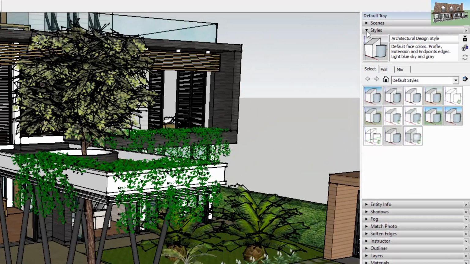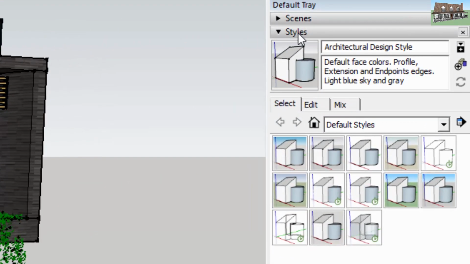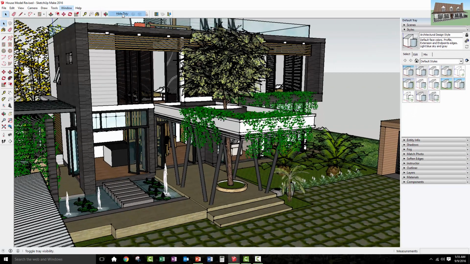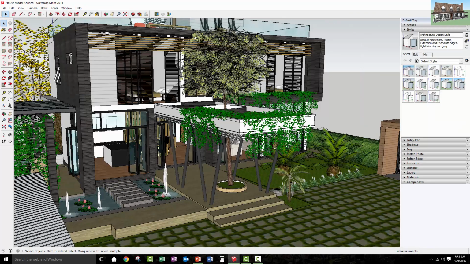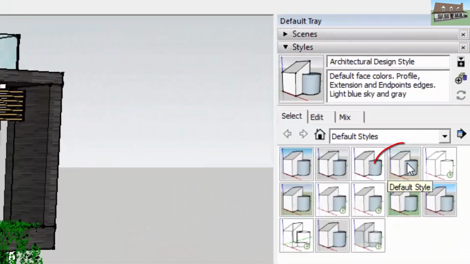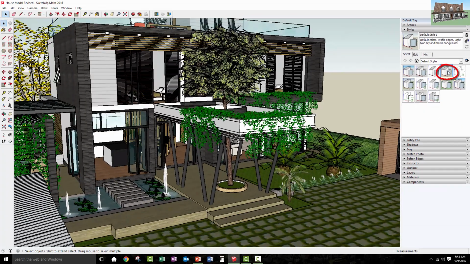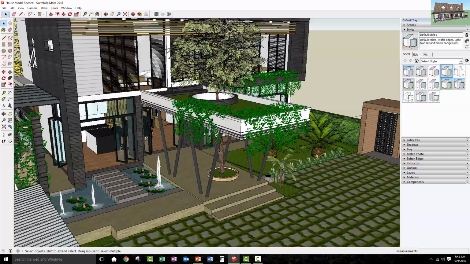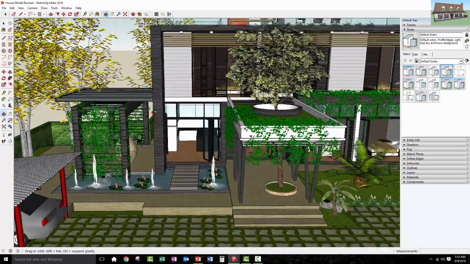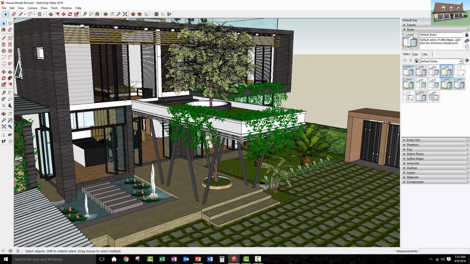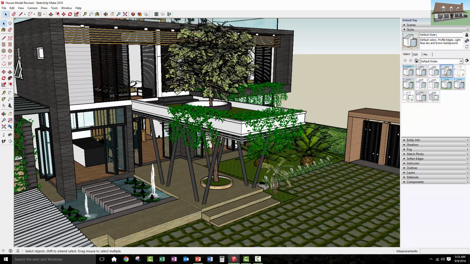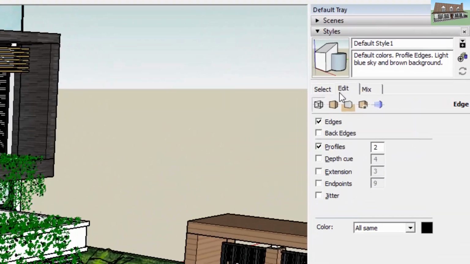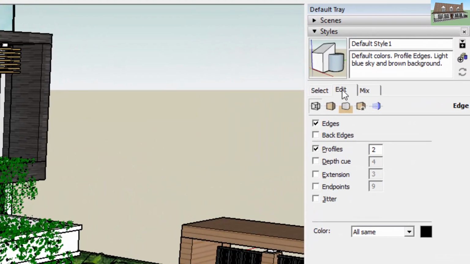So basically what you do is you go in the styles option up here, and that's going to be in your tray as well. If you don't see that, just go to Window, Default Tray, and click Show Tray. Then click Default Style. As you can see, when I click the default style, these points aren't getting rendered thicker anymore, your lines aren't thicker. But to make this even faster, because as I drag this, SketchUp moves your model around, and then when I let up, it'll pause for a second and then render these thicker line weights. If you really want to make this faster, come in here to Edit under Default Style